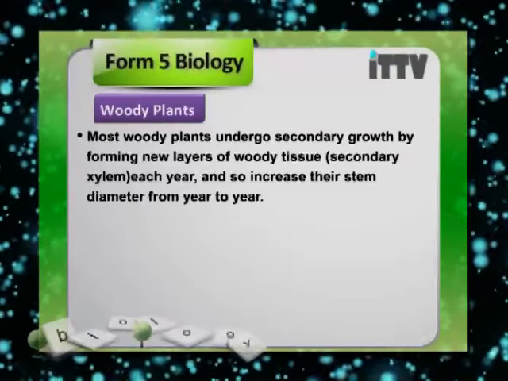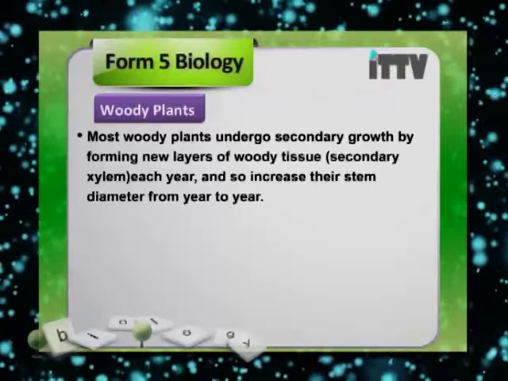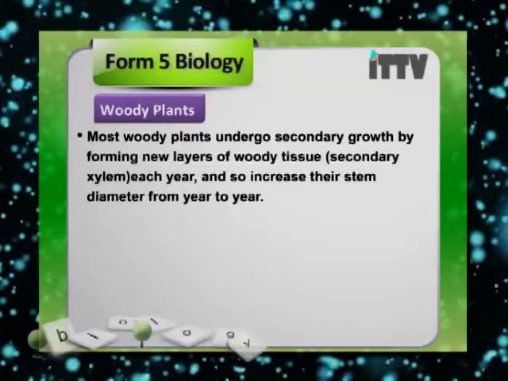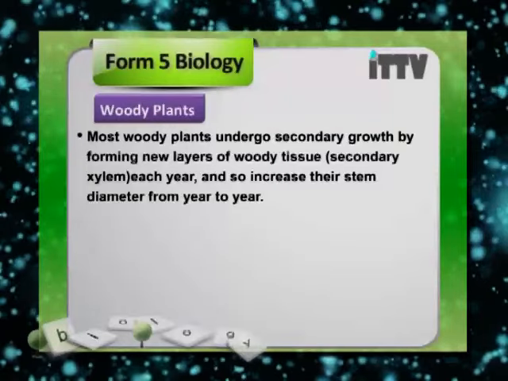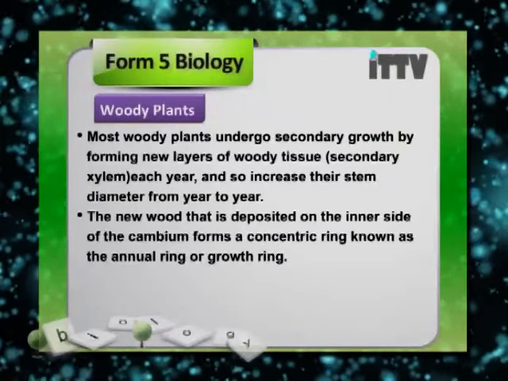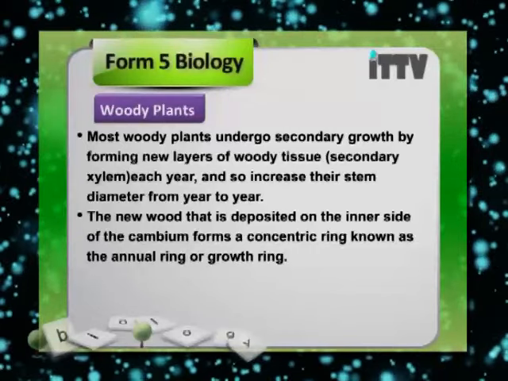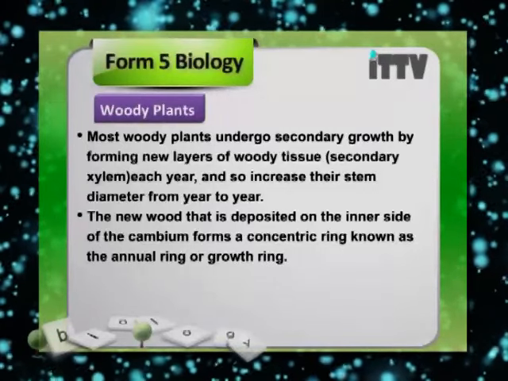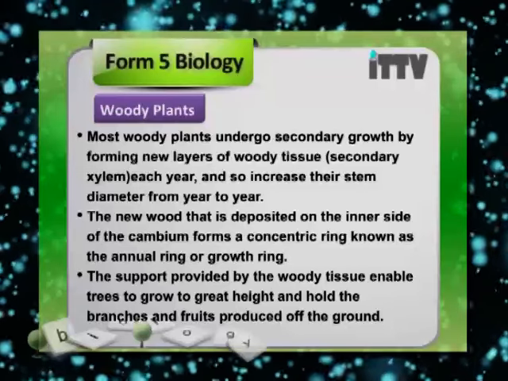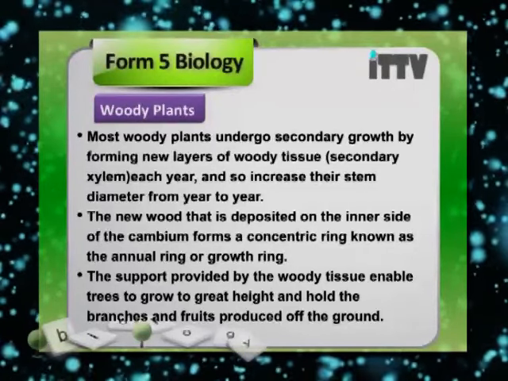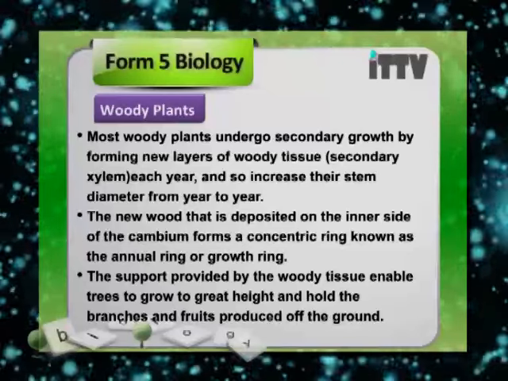So most woody plants undergo secondary growth by forming new layers of woody tissue, or secondary xylem, each year, and so increase their stem diameter from year to year. The new wood that is deposited on the inner side of the cambium forms a concentric ring known as the annual ring or growth ring. The support provided by the woody tissue enables trees to grow to great height and hold the branches and fruits